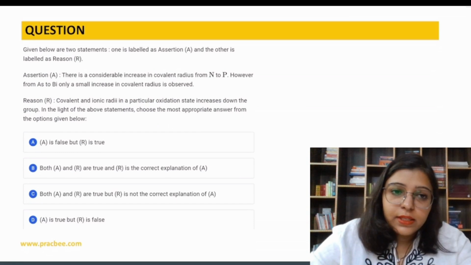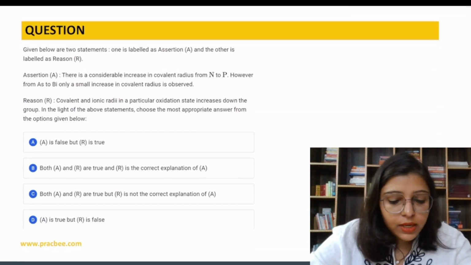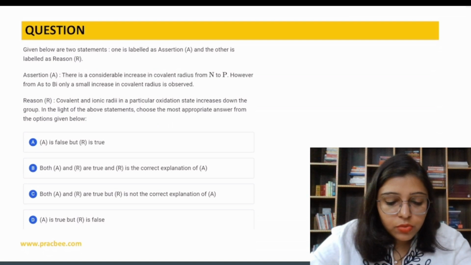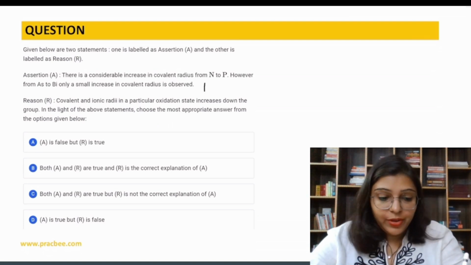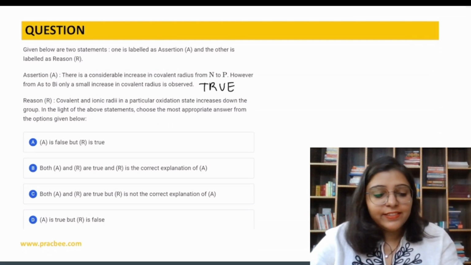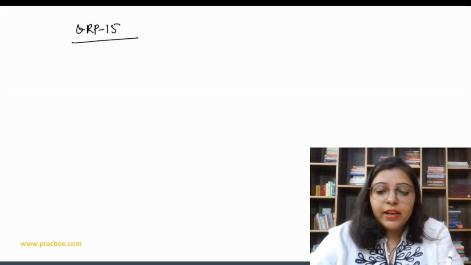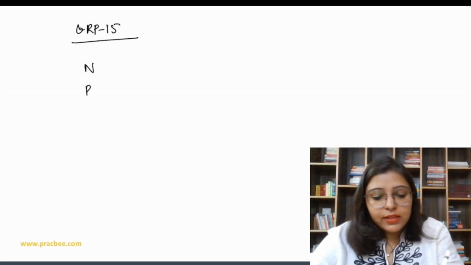We have two statements, assertion A and reason R. So let's read assertion A. There is a considerable increase in covalent radius from nitrogen to phosphorus. However, from arsenic to bismuth, only a small increase in covalent radius is observed. True, right? We have discussed this. So let's write down this group 15. Group 15, how to write down? Naya, Purana, Asli,